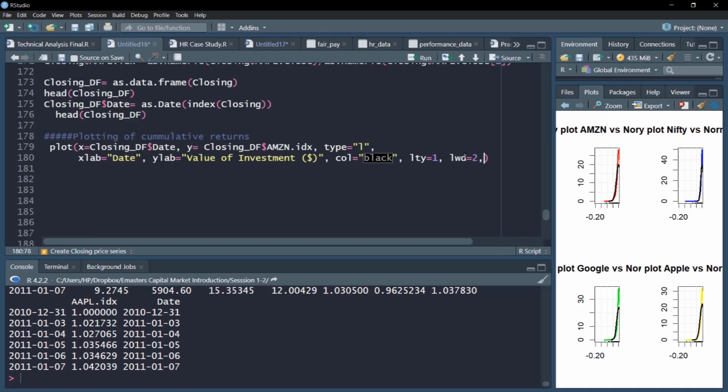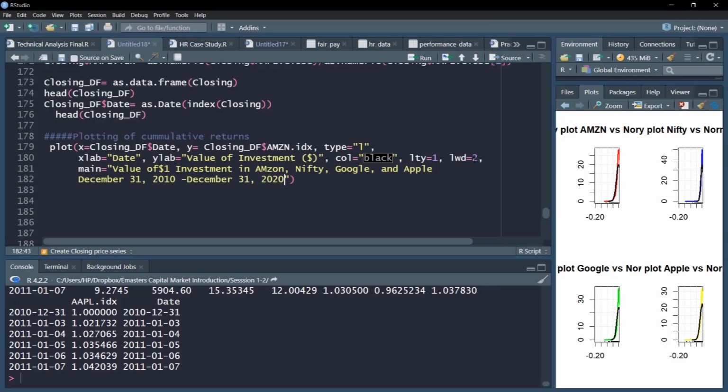Now let us add the central heading, main, which is value of $1 investment in Amazon, Nifty, Google and Apple from December 31st 2010 to December 31st 2020.